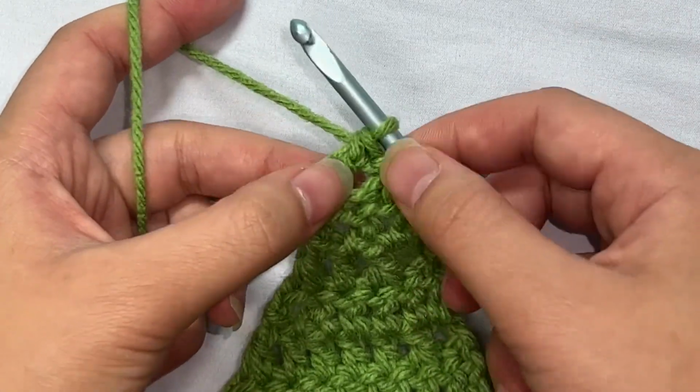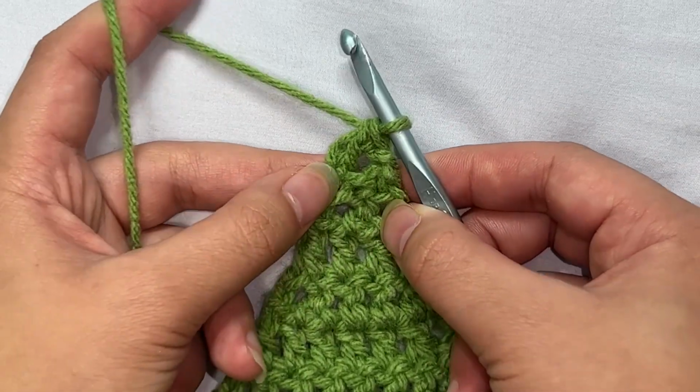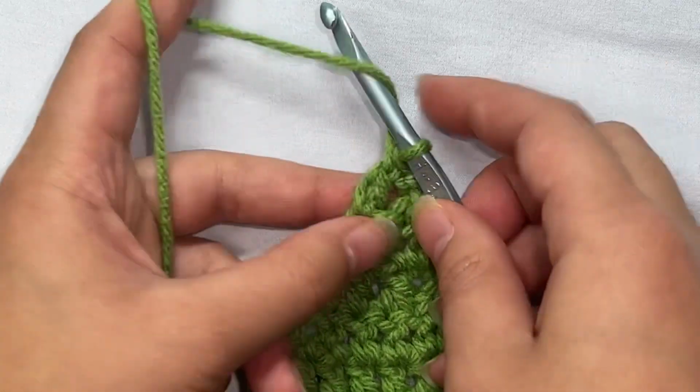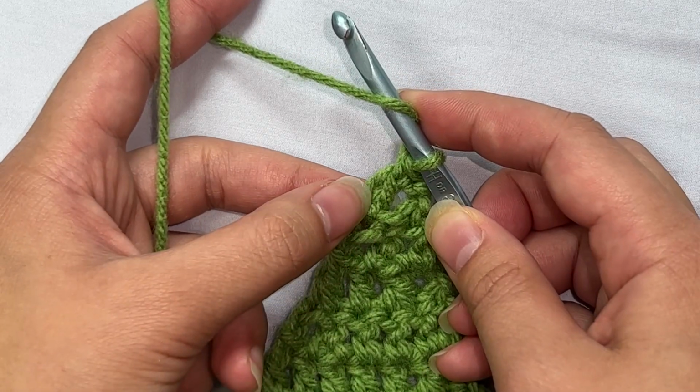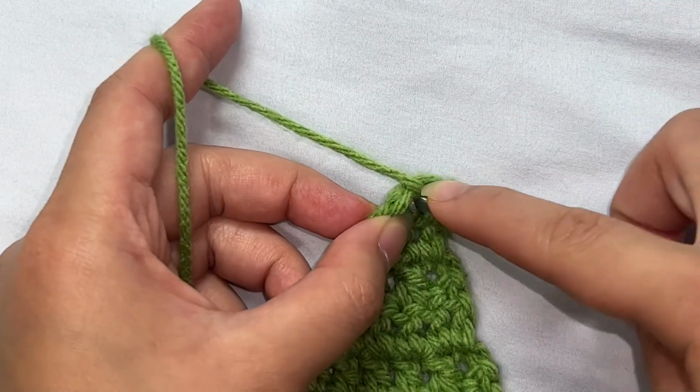So what we just did was we made a chain and a double crochet, and together that creates a chainless foundation for the double crochet. And we're just going to do this again. So I'll show you. You're going to insert your hook into the last chain that we made,